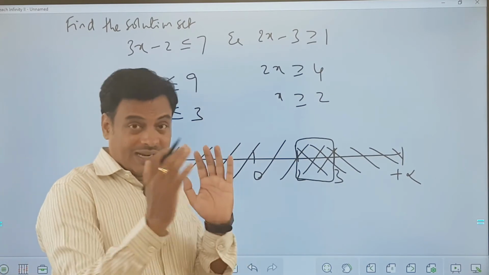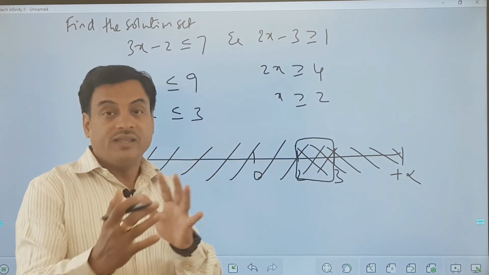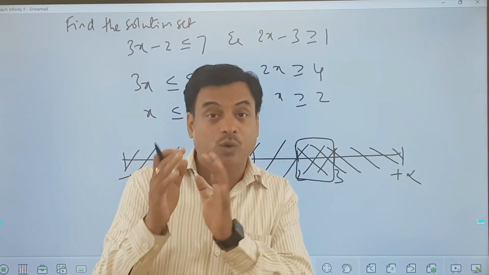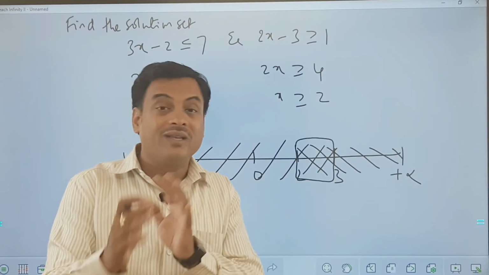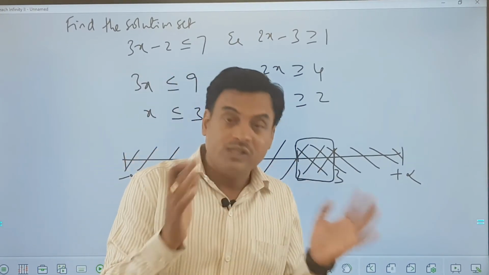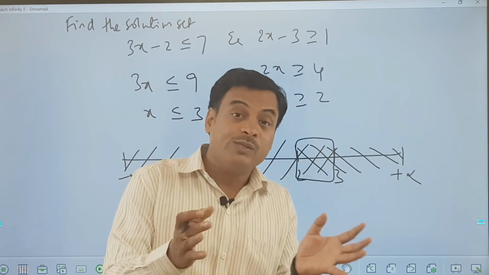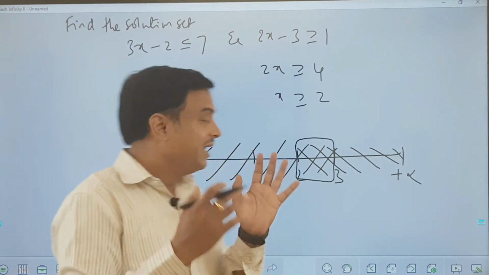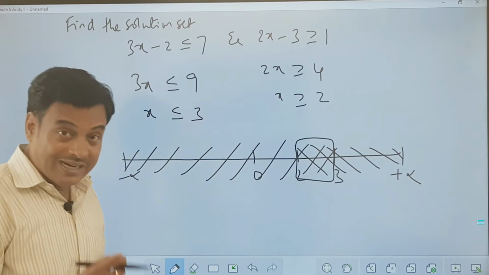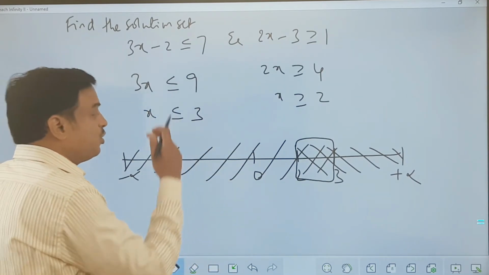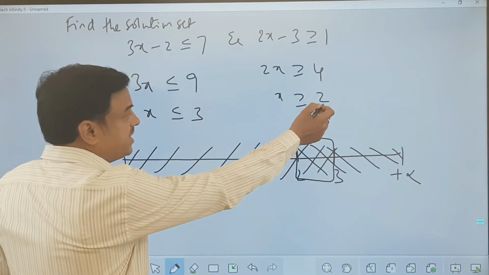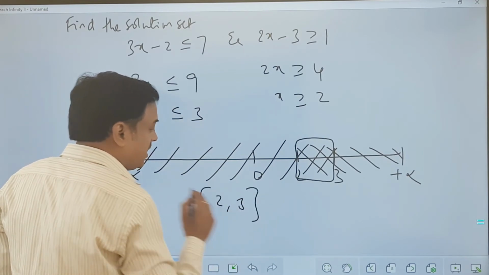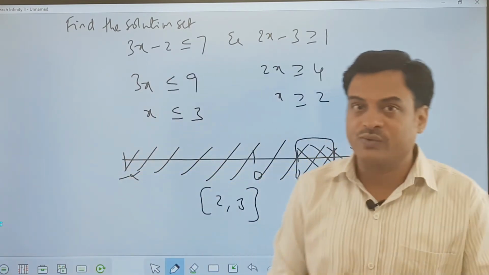That means the range of numbers between 2 and 3. Range of numbers between 2 and 3 means it can also take 2.001, 2.2, 2.3, 2.4, 2.5 and all such values up to 3. So all the decimal values and all the fraction values possible between 2 and 3 can be possible numbers. Okay, all of you? So what should be my final answer? Because 2 is inclusive and 3 is inclusive, my final answer to this question is [2, 3].